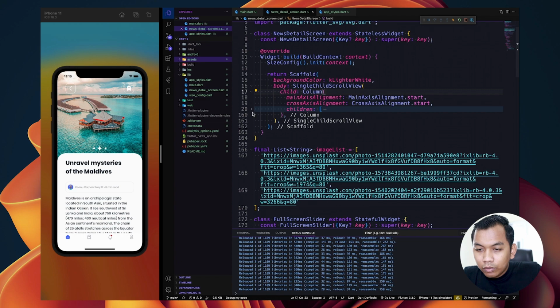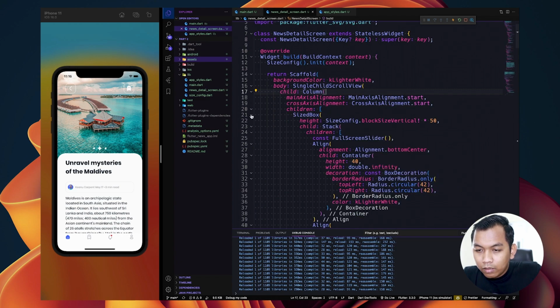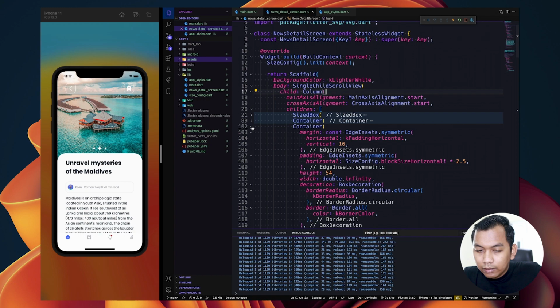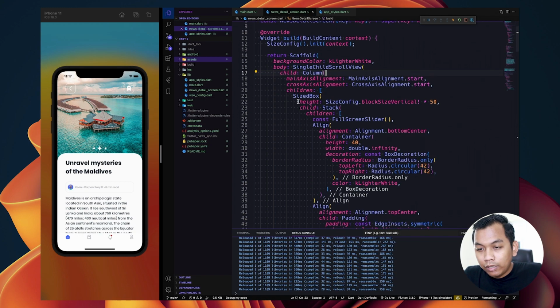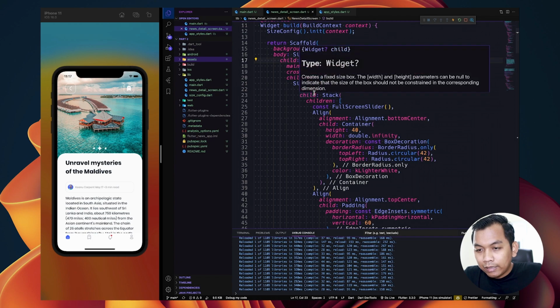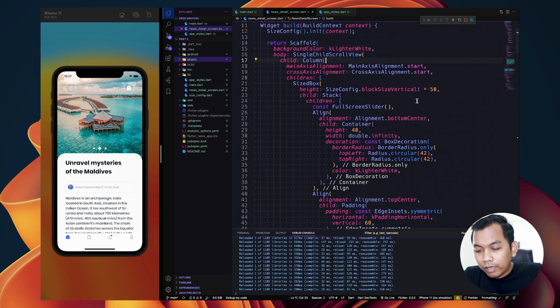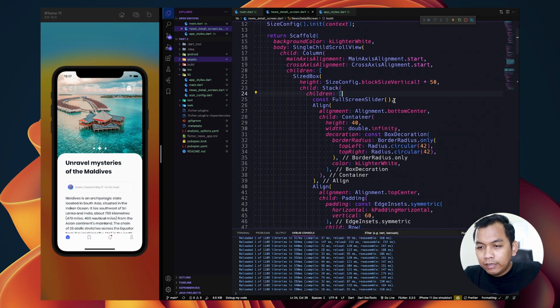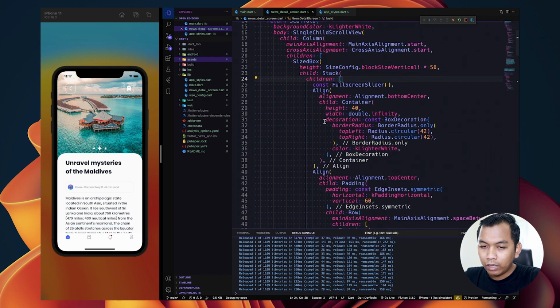Inside this column widget we have two big widgets, the image, and below that we will have the content. For the image, we wrap using a SizedBox and set the height to be half of the screen height. And inside this SizedBox, we also have a stack widget, because with the stack widget, we can overlay a widget with another widget, and the first widget will be on the back.